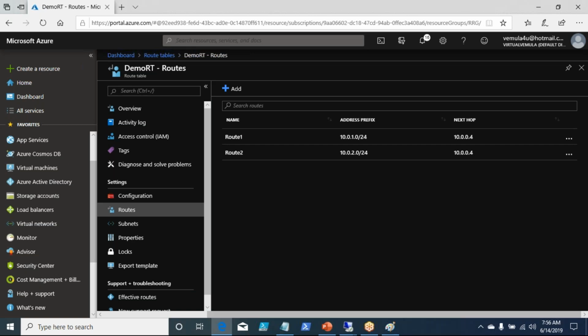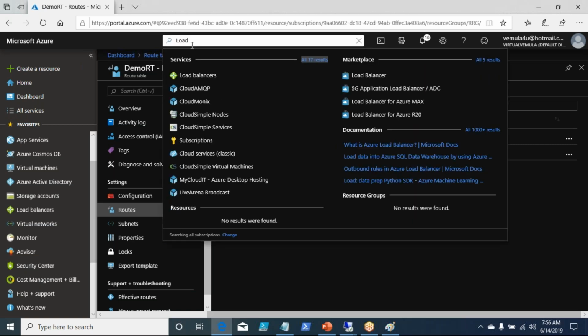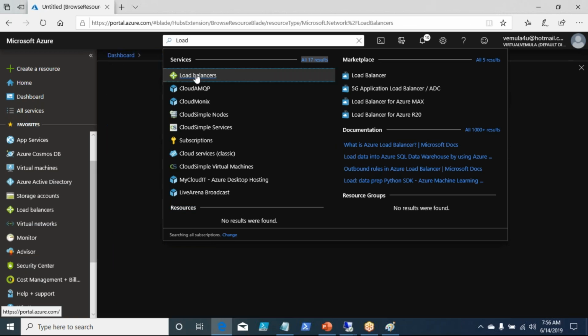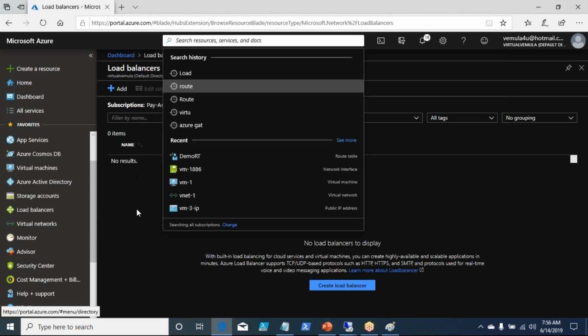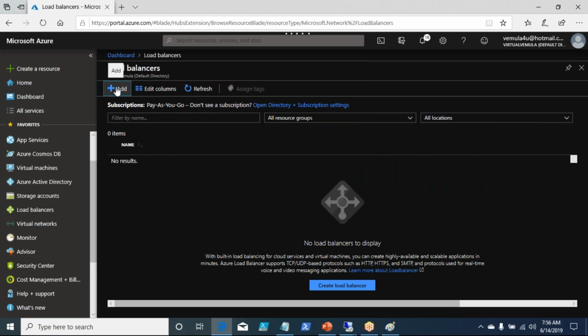So how do I create a load balancer? Go to search and type load balancer. You will get an option called load balancer. Now here you can go and add a load balancer in the portal.